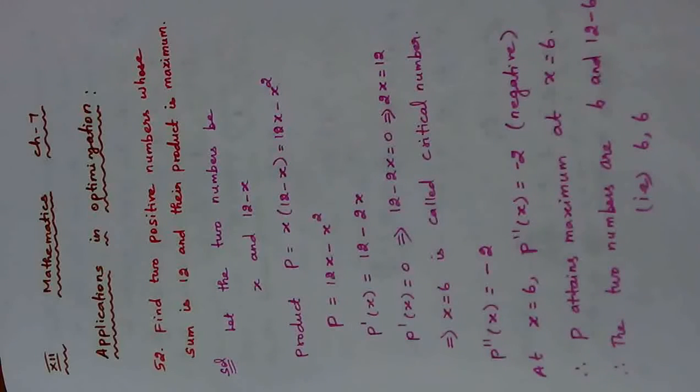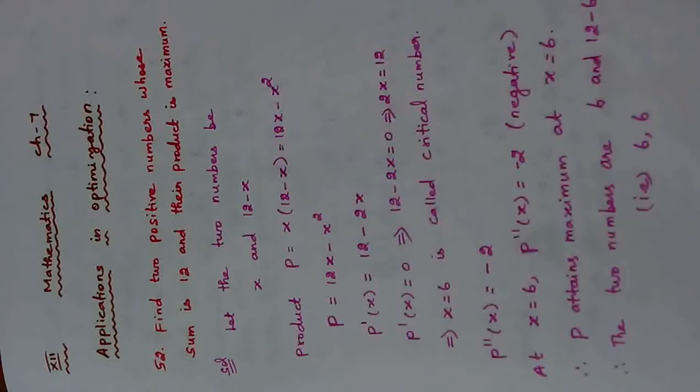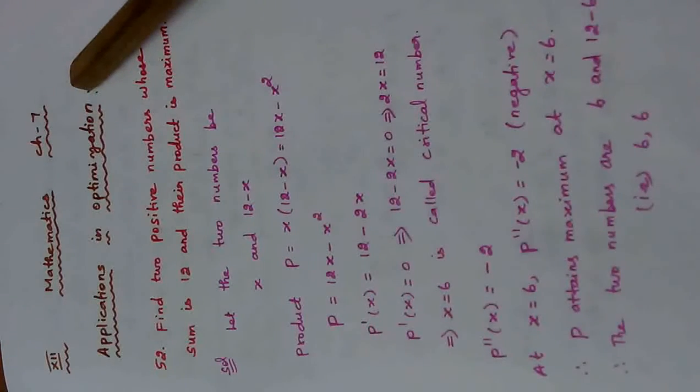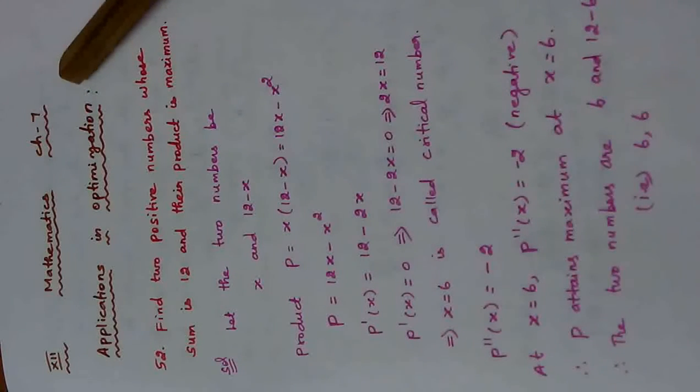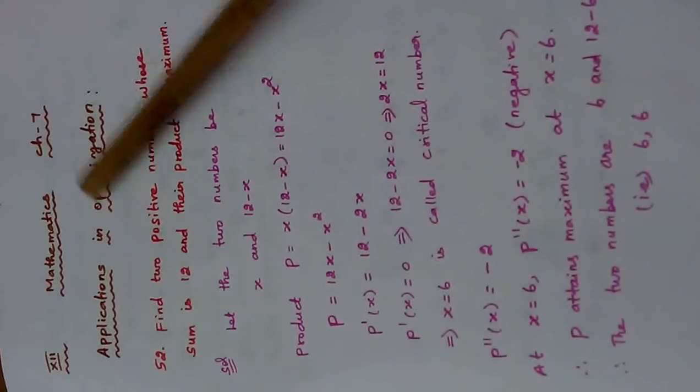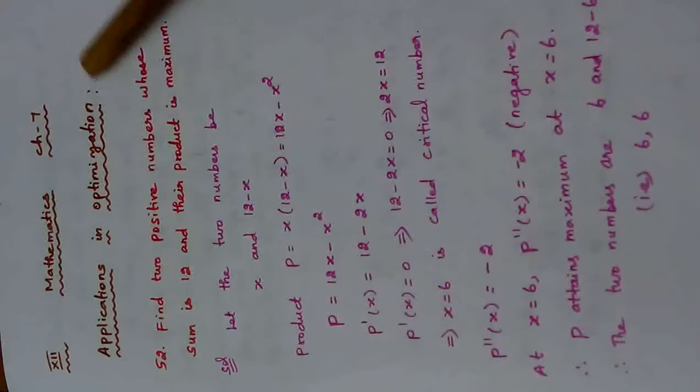So we recalled it. In this class, we are going to see the application problems based on these concepts, on increasing and decreasing and local extremum. So the heading is applications in optimization. Optimization is nothing but the concept of local extremum, the concept of absolute extremum and the concept of monotonicity, used to get an optimal result. That is called applications in optimization.